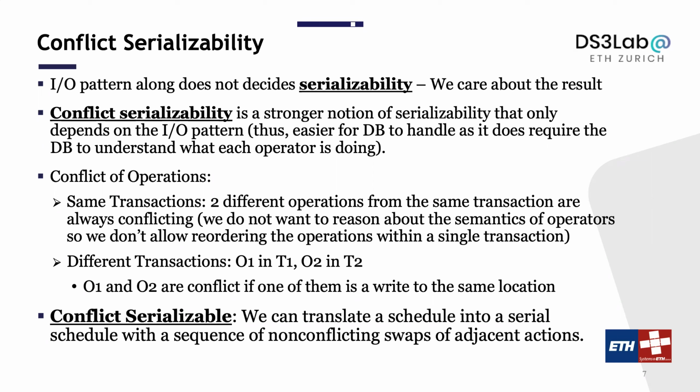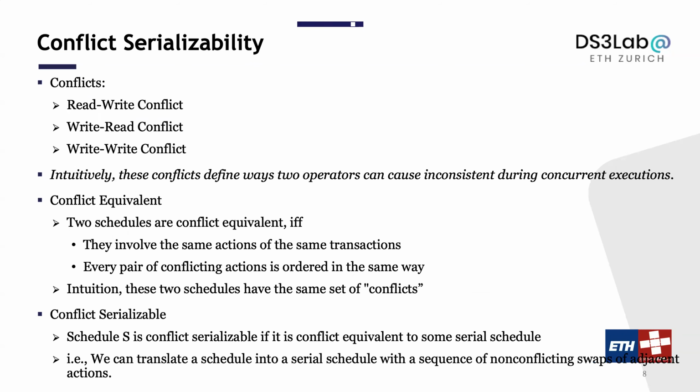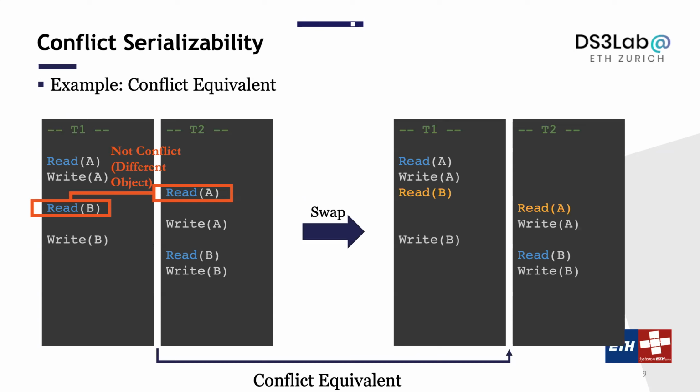We say a schedule is conflict serializable if you can transform the schedule into a serial schedule with a sequence of non-conflicting swaps of adjacent actions. So we talked about all three of these types of conflicts, and we defined the notion of conflict equivalence and what we mean by conflict serializable. At the end of the day, this is the process. If I want to see whether the schedule on the left-hand side is conflict serializable or not,